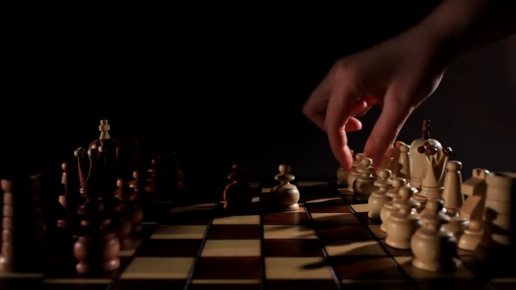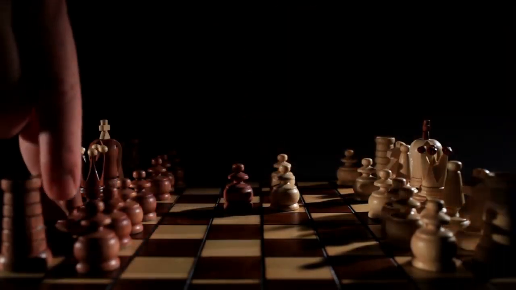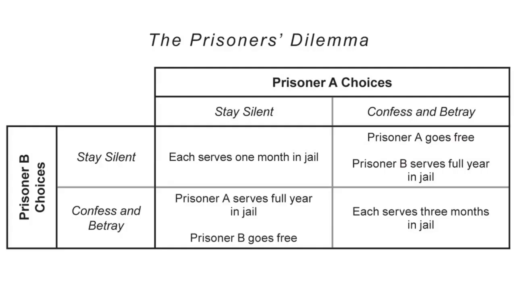One of the most famous, quote, games that came up in the early days of this field was the prisoner's dilemma, where you and a co-conspirator have been imprisoned for committing a crime. You're separated and each have the option to either stay silent or rat on the other and say they did it. And based on what each of you do, you may go to jail for a certain amount of time or you may be set free. The question here is, what is in your best interest to do, especially while not knowing what the other person will say?